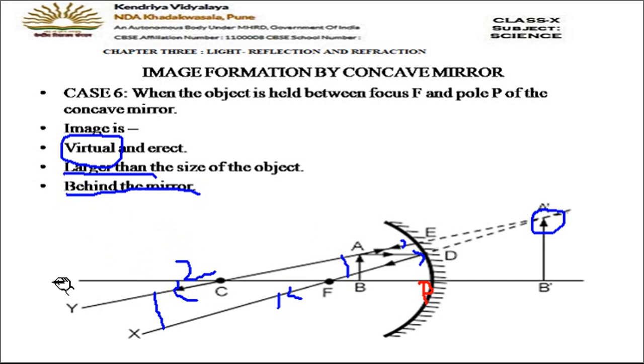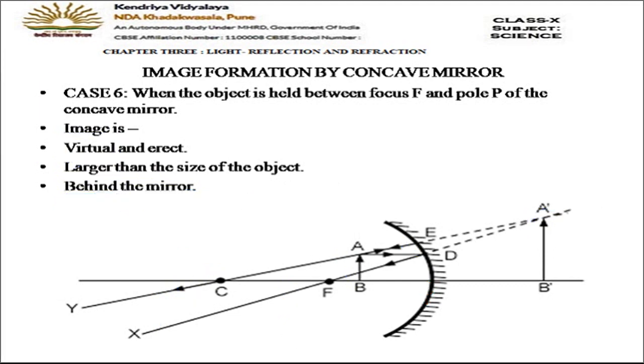Fine. In the first 5 cases you have seen that the image formed is real and inverted, but in the last case the image is formed virtual and erect. And if you observe, virtual and erect image is formed when the object is much closer to the mirror. Fine. And you all know that shaving mirrors, which are used to see the face very closely, there the virtual and erect image, which is larger in size, is formed. Okay, that you can study when we will study uses. Okay, now let's move on to the next slide and see.